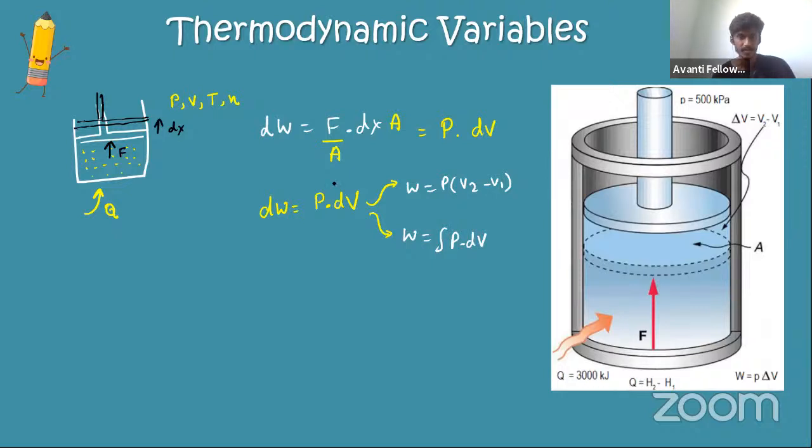Now the sign convention: when is work done positive and when is it negative? This is very important. Imagine there's a car. You don't push the car; the car carries you. So whenever the system does the work, whenever a system gives the work, it is called positive work done. When the system does the work by itself, for example a refrigerator cooling the ice, work done is positive. The car is going to move and the car is doing the work, so work done by the car is positive. Whenever the system gives work outside, it is positive work.